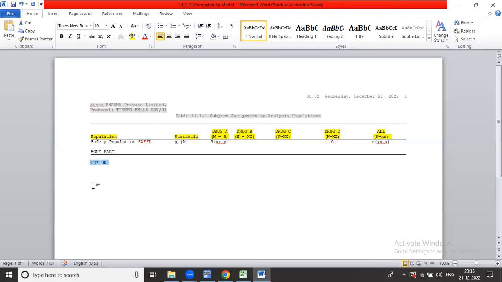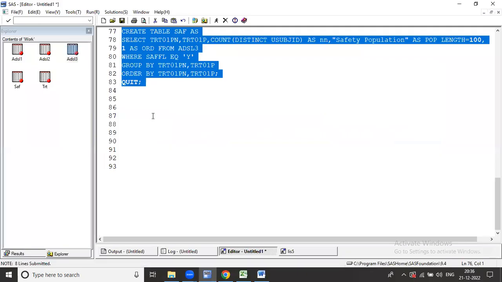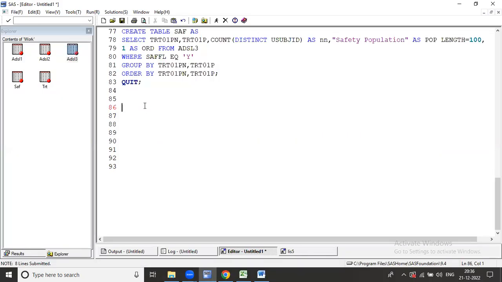So what I am doing is I'm just taking the count here. I'm creating a new data set, the final data set. I'm asking SAS to take the information from